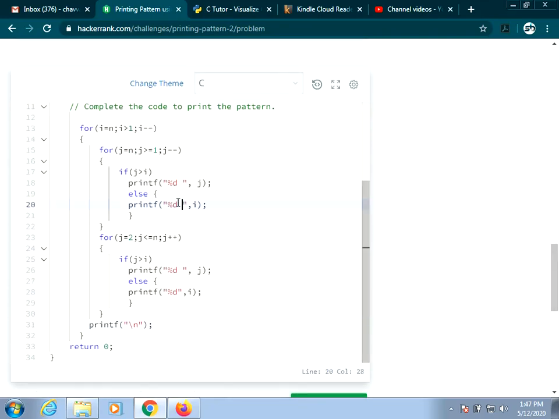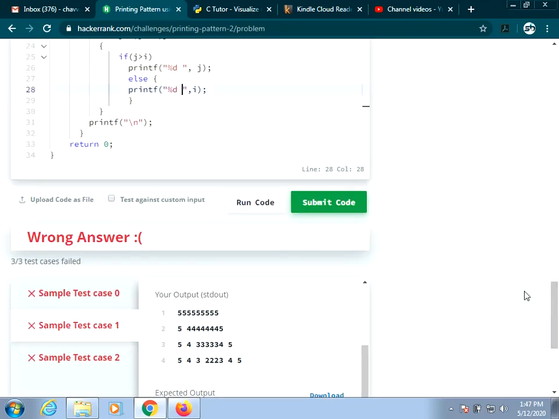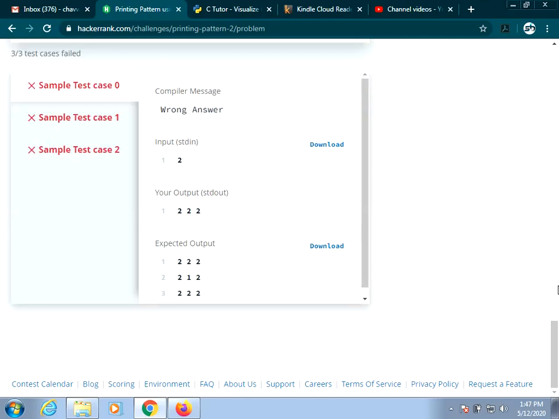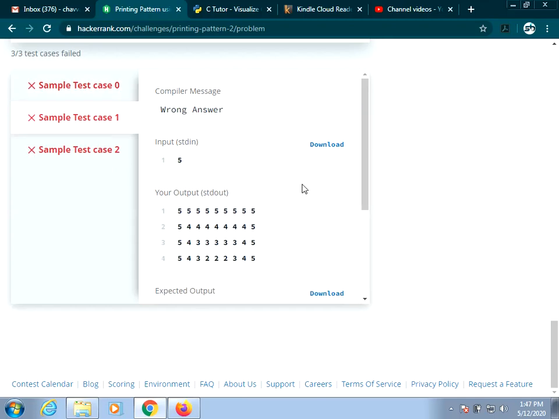Okay, somewhere I am missing a space. This is the space I am missing. So if you run the code again, you see for 2 it prints only the first line. Your output is only printing 2 2 2.